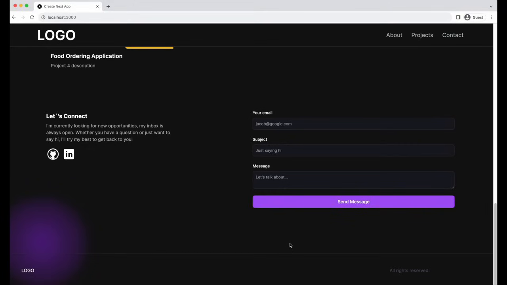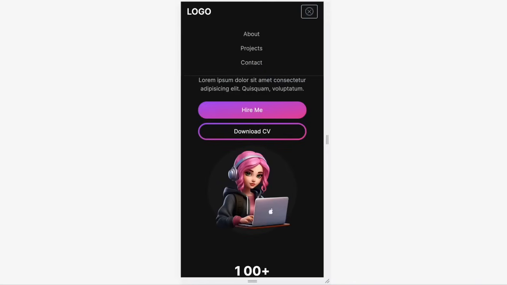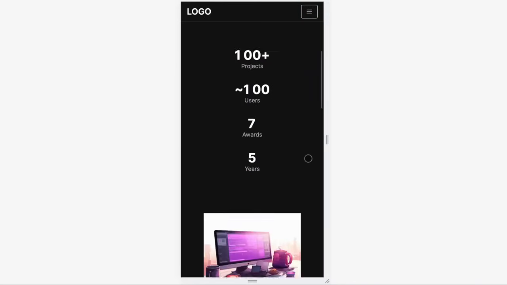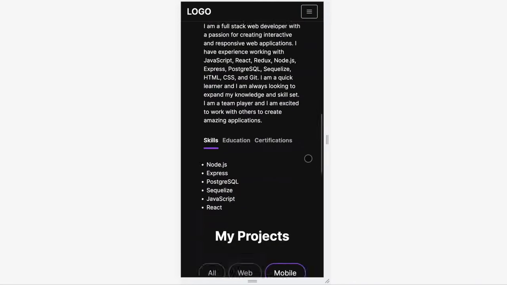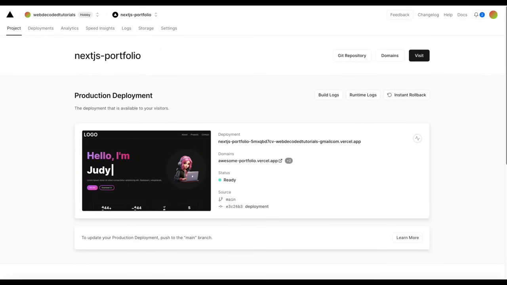And finally, at the end of the landing page, we have a footer. And let's take a quick peek at the mobile view. We will implement responsive styles. And finally, at the end, we'll also deploy the project using Vercel so you can start sharing the link to